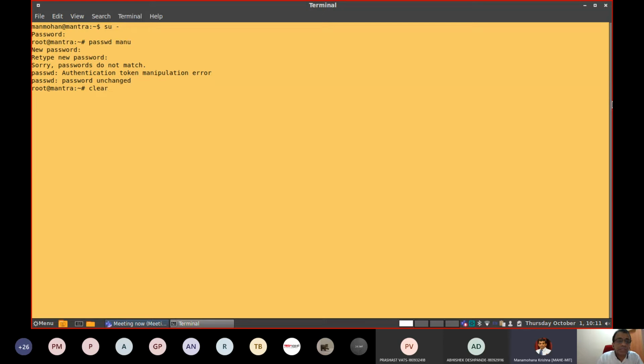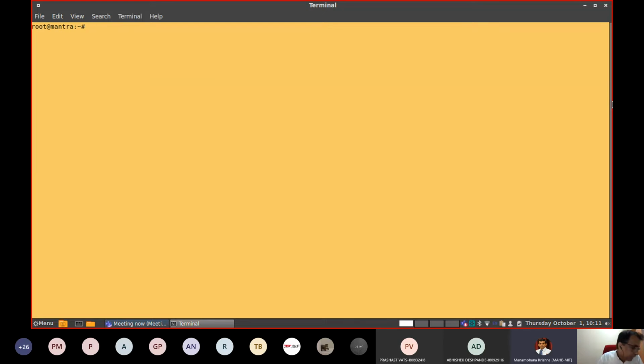Now look into another important feature here, that's about this set user ID. As I said, there are some special permissions for files sometimes. One is called SUID. Now let me demonstrate with, for example, if I type ls -l, see, this is the password file.